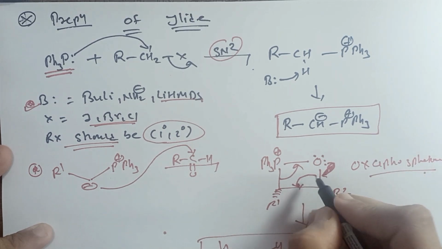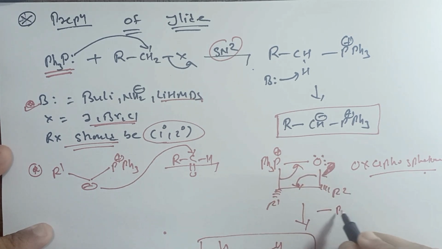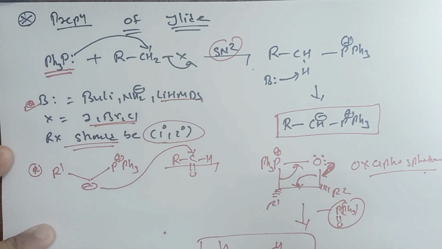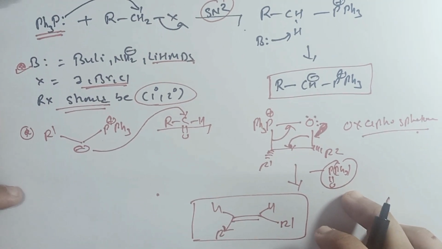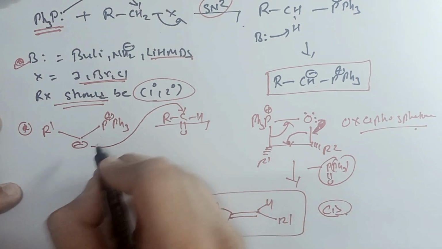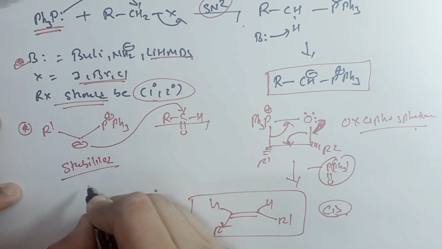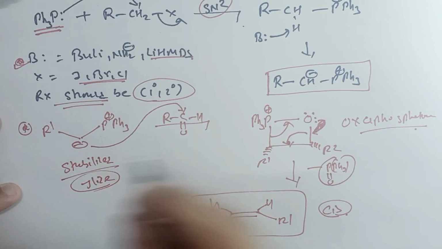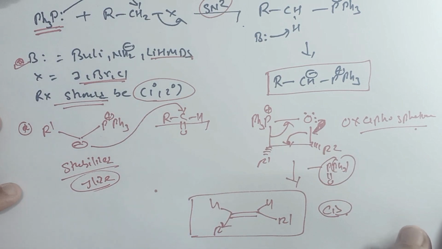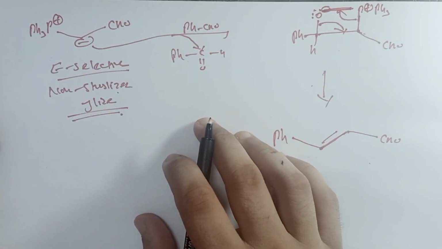Okay, so now this will make a bond over here, and this will make a bond over here. Here we can remove PPh3 double bond O. This is our leaving part. So this type of product we can produce by this reaction. Okay, so this is our cis product, obtained using a stabilized ylide. Why is it a stabilized ylide? Because it does not have an electron withdrawing group adjacent to the phosphine group. So let us take one more example, that is a non-stabilized ylide.